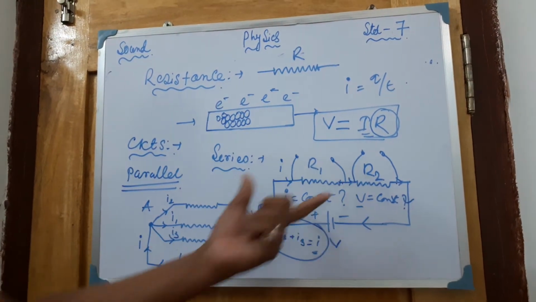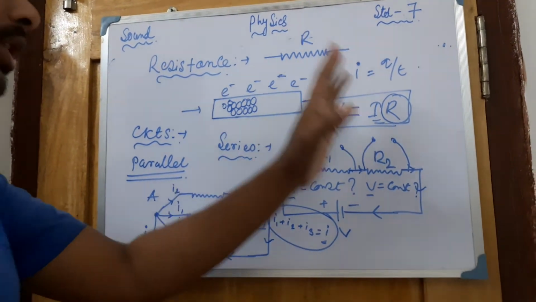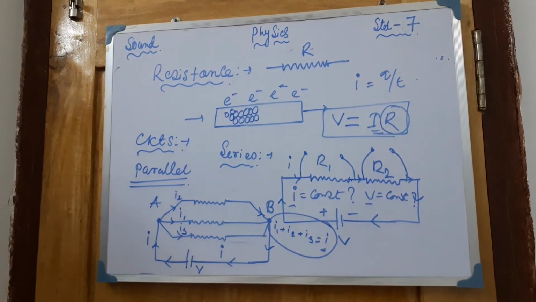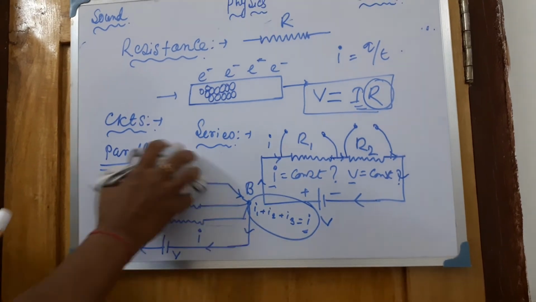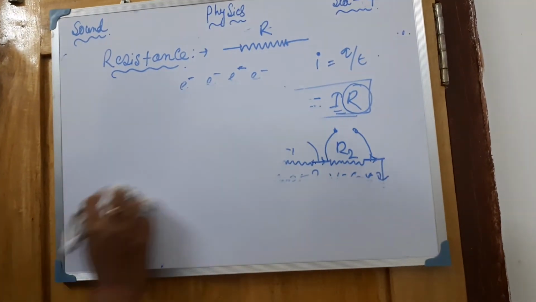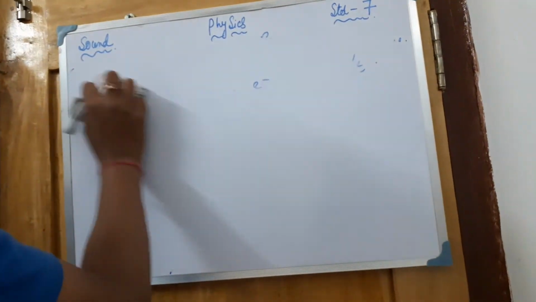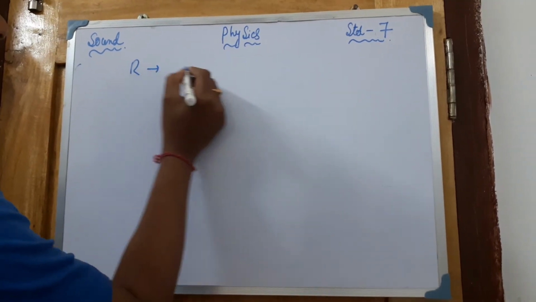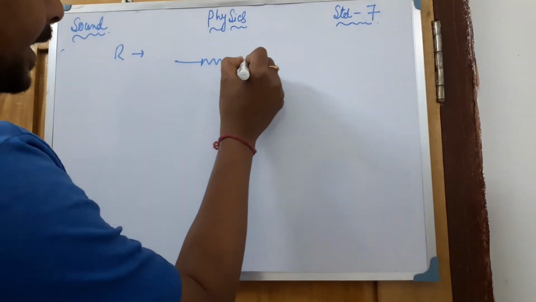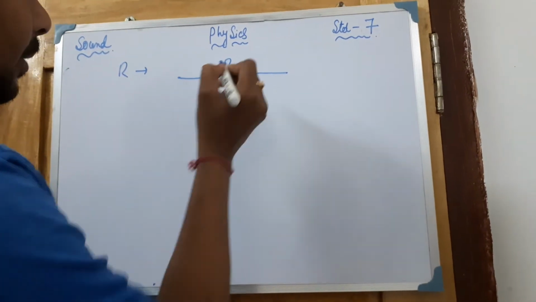So this is the series circuit, and this one is the parallel circuit. So all these things are present. Next, the different types of symbols we are using. Sometimes the question can ask about symbols. Few symbols are actually present. For resistance, I already told you, this is the symbol of any type of resistor, denoted by R.